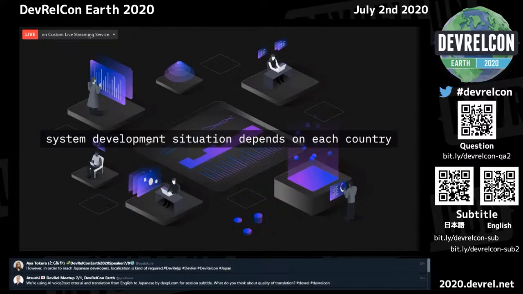So we do not have a lot of developers in enterprise companies. Lots of developers are in system integrators. It's very unique and specific Japanese culture and situation. It's different from America or Europe, right?